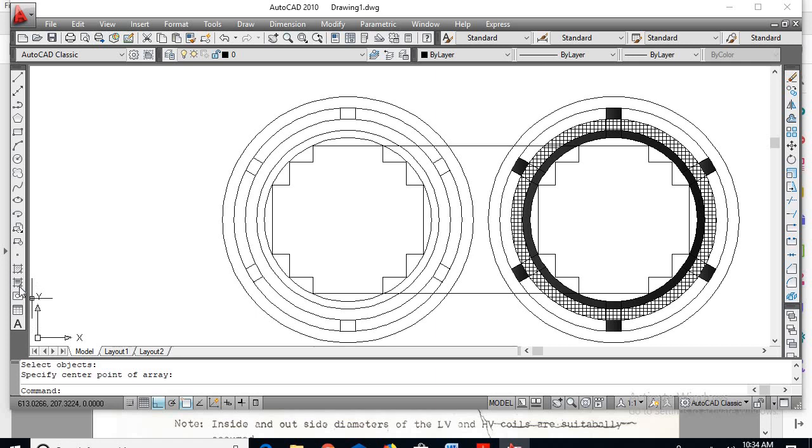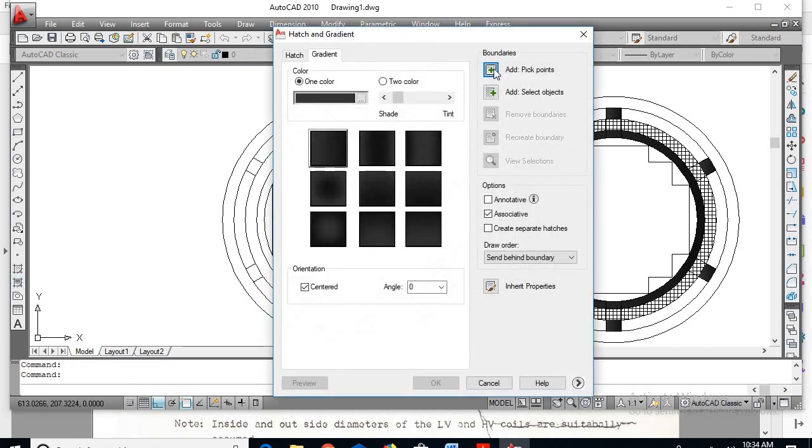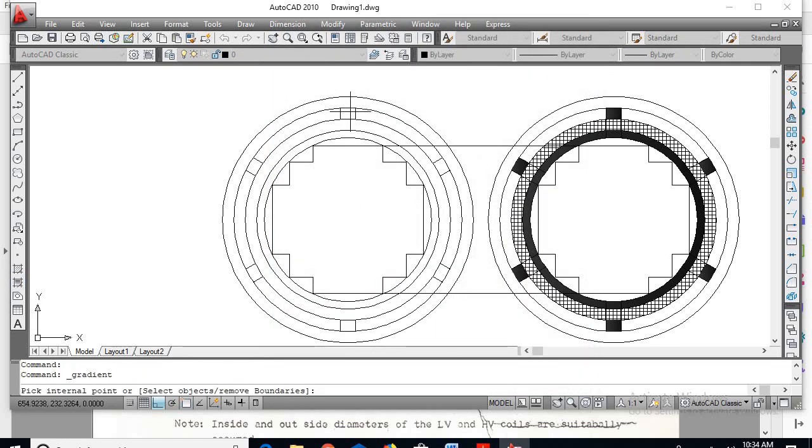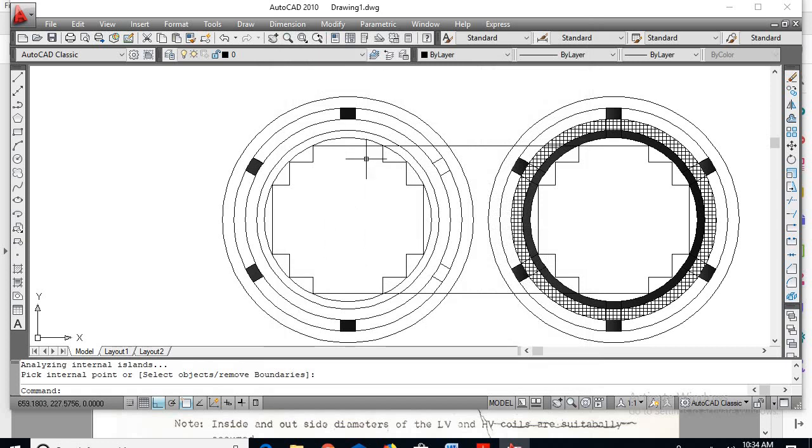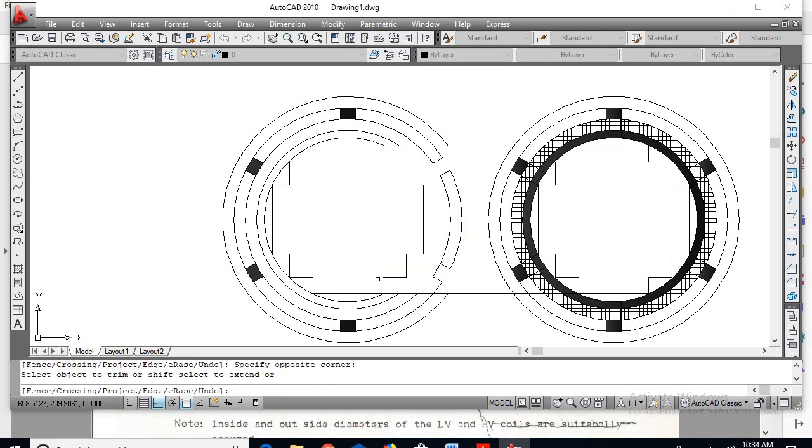So if you want to go for gradient, you can go for gradient, go for add pick point, so you can add here. So here I don't want, so here I can add, here I can add, here I can add, enter, say okay. So now go for trim command, right click, so remove these unwanted portions.